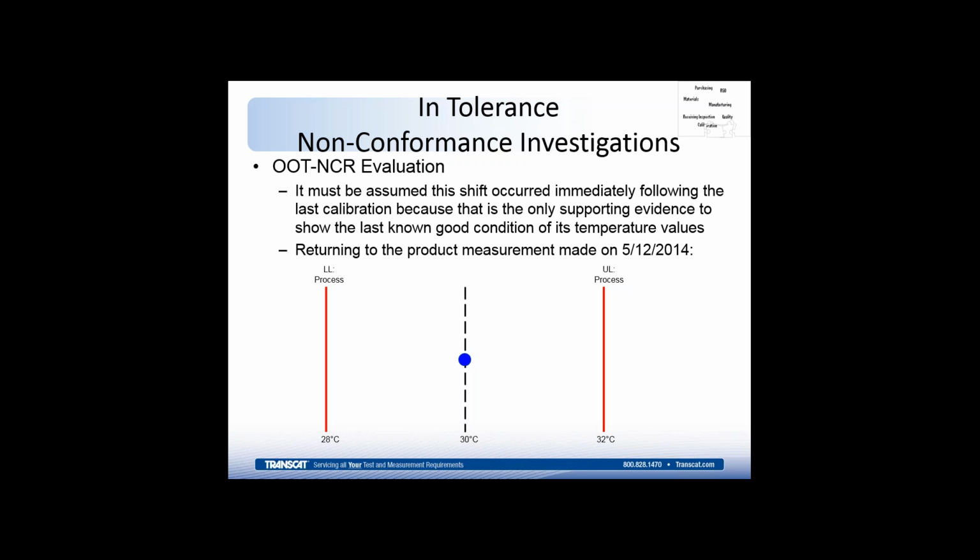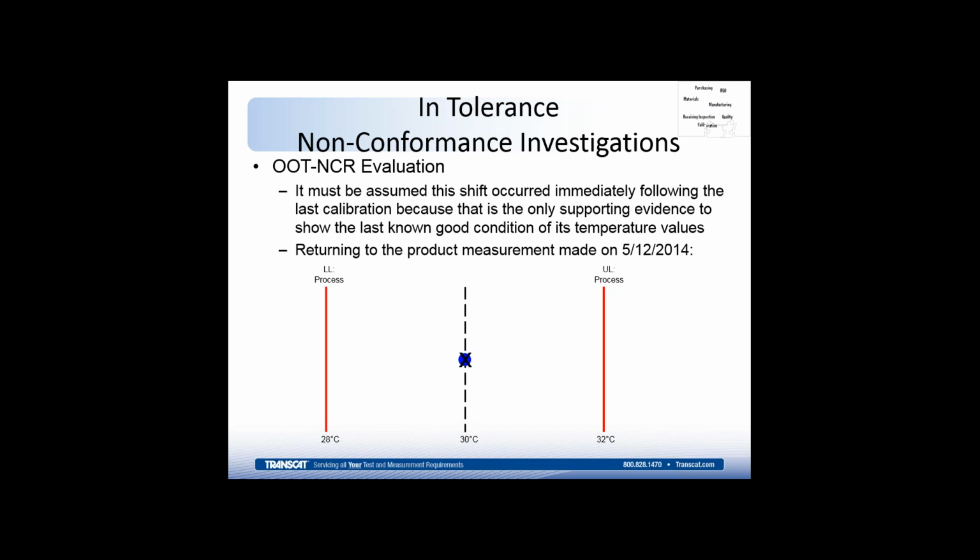So returning to the product measurement made on the 12th, the very first one used after its cal interval, or at calibration of the last calibration. This was the one on the left end of the graph. It was shown to be at 30 degrees C right after the instrument was calibrated. But if we don't have any supporting evidence that proved that it wasn't dropped from the time it was cal to the time it was used,